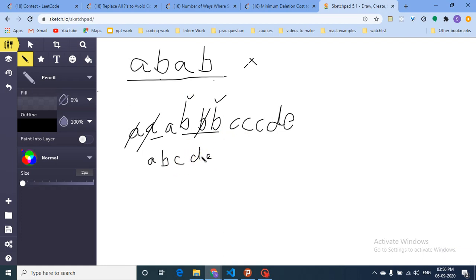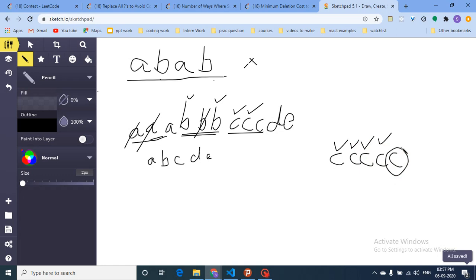So what does this mean? I have to find a continuous stretch of the same characters, but do I remove all the first characters? Like if I have C five times, I could remove the first 4 characters and only one C remains. But no, the main thing here is we have to reduce the cost. Let's assume the last C has the minimum cost to remove, but these other C's have a cost of 5 to remove. So I have to find the minimum cost. Why would I remove all these C's? I can remove the last 4 C's, which is a benefit, so it will reduce the cost.